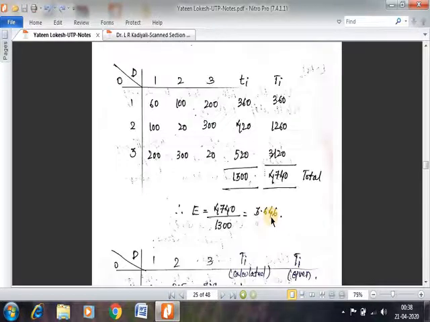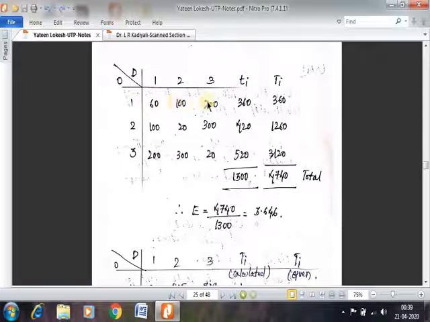To begin with the trip distribution analysis, you need to again create a matrix like this, an OD matrix, with an inclusion of two new columns representing the present total number of trips and the future total number of trips that are getting generated from zone i. All these elements are going to remain the same. Now, to get the present number of total trips happening in zone 1, you need to sum up these elements.